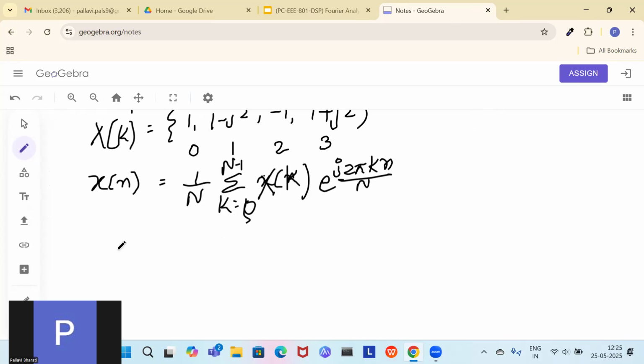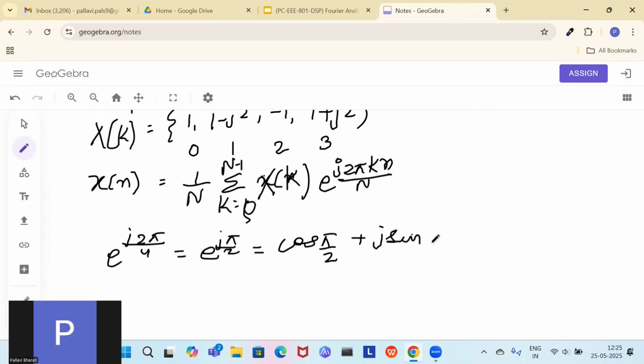E to the power j 2 pi by 4 is equal to e to the power j pi by 2. This is equal to cos pi by 2 plus j sin pi by 2. The value of cos pi by 2 is 0 and sin pi by 2 is 1, so the answer here is j. So the value of e to the power j